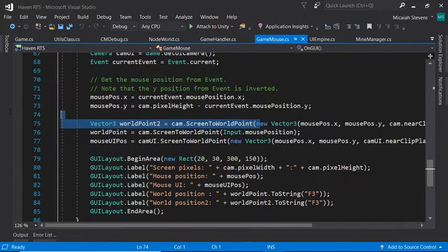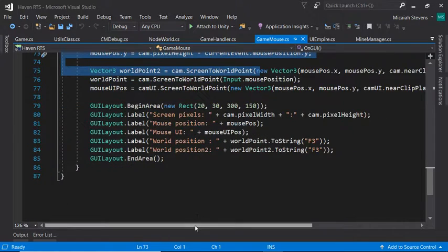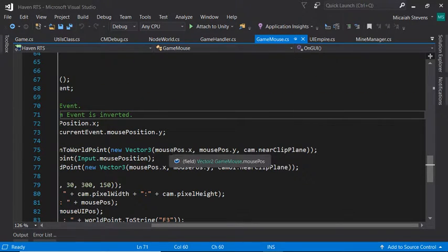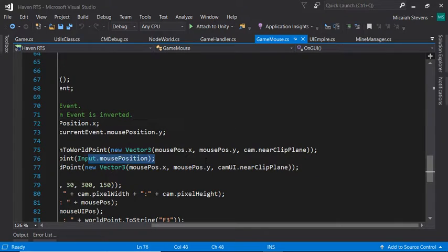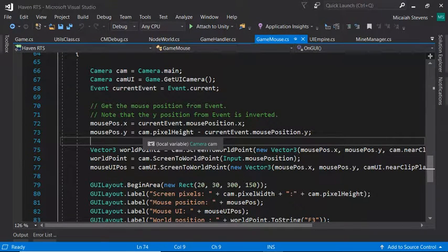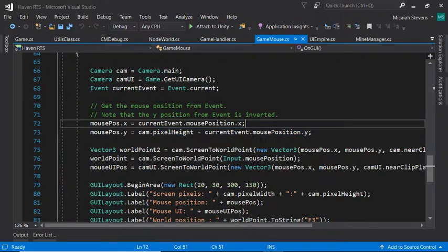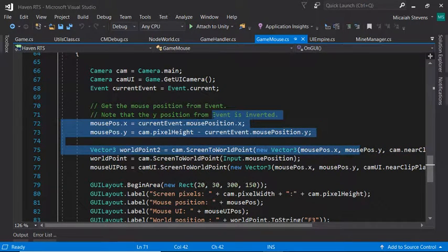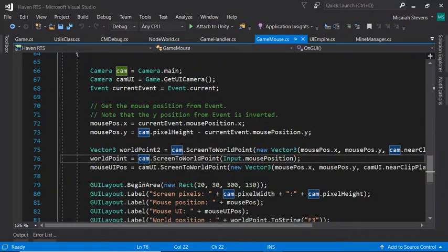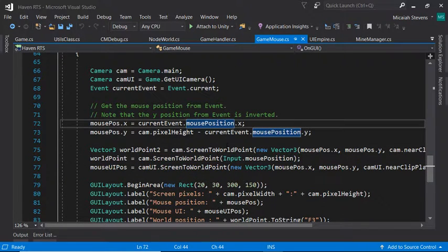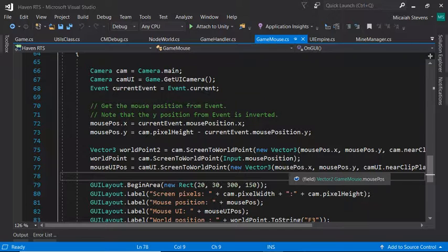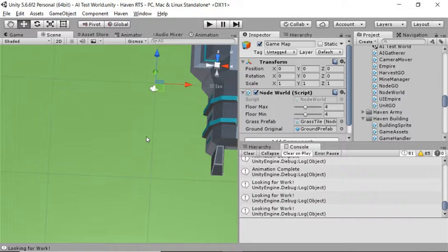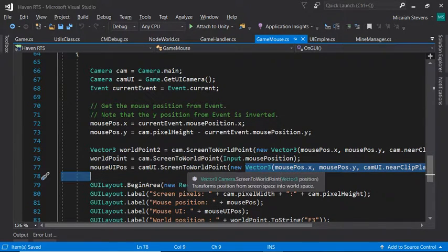Anyways, I believe there's actually a code here. Oh, I guess not. Anyways, it talks about the mouse position X, Y, and then uses the camera near clip plane, which I thought was interesting, and it also calculates this based on height. You can see that's how the full calculation is done, but then you can also just do the Input, ScreenToWorldPoint through the input position. And then this is ScreenToWorldPoint, which should calculate, you know,